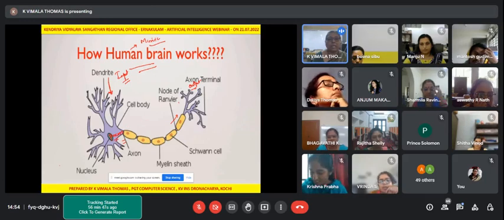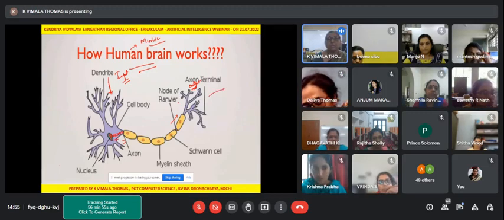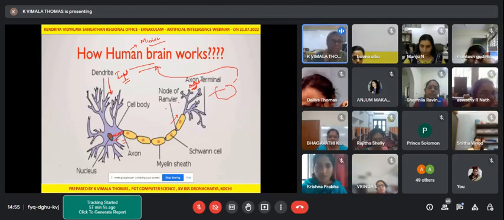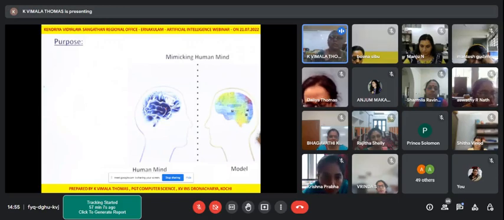You are converting it as the result, the transformed information as output, and then you are passing it on to the next neuron. A similar neuron will be drawn here again. So this information will be passed and it reaches the brain. Till it reaches the brain, the information is transmitted from one neuron to another. Okay, so this is how the human brain works.